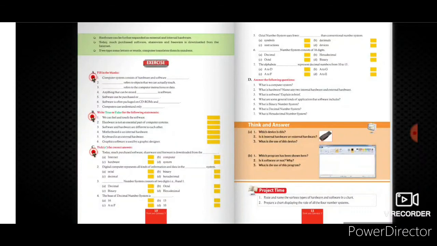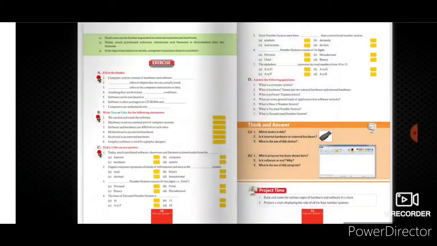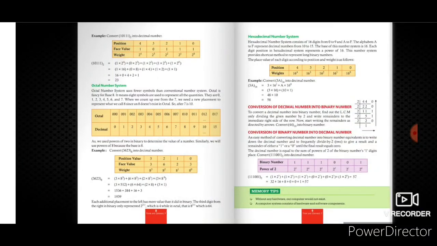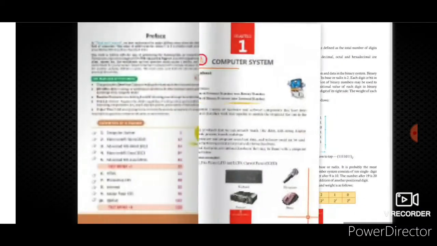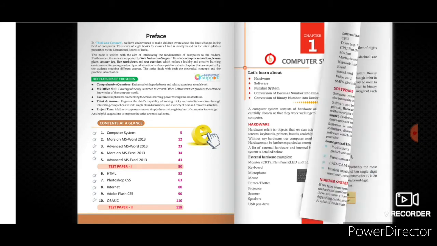Clear? Students, here is the answer of chapter number 1, what is computer system? So we can see here what is computer system. A computer system consists of hardware and software components that work together to compute. There are 2 lines starting with the word computer on page number 5. Here are the 2 lines. I hope you understood. This is the first answer.